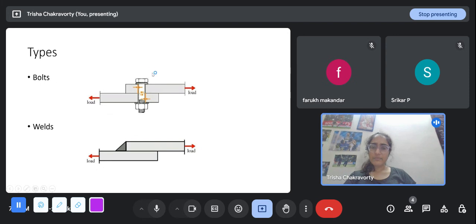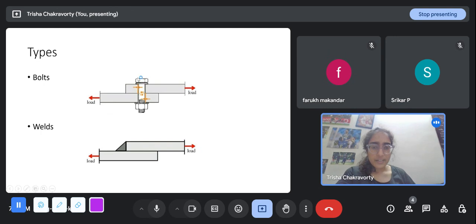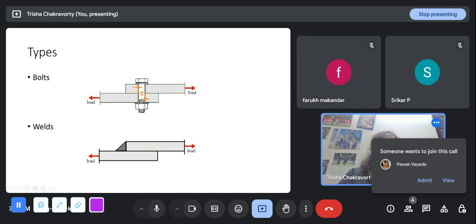Bolts and welds. Last time we discussed bolts. So a bolt is basically an external metal part which comes with a nut and a washer. The washer is not that important, you can avoid it, but the nut and bolt is how it is connected. The bolt has a head like this and a shaft, and we drill holes in the steel sections that have to be connected. The diameter of the hole is just a little larger than the diameter of the shaft. Then we insert it, and then we